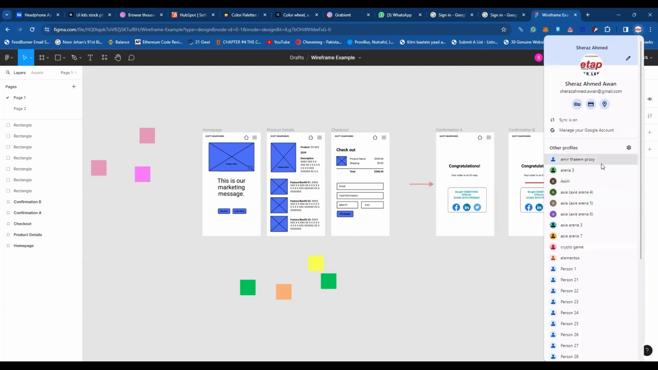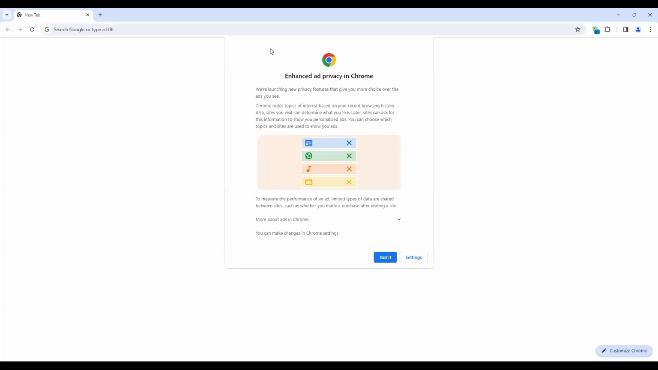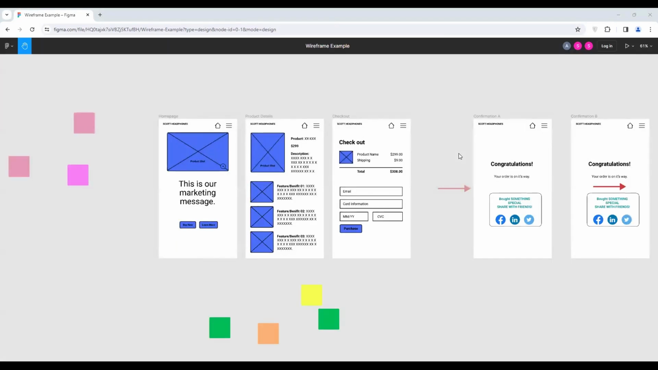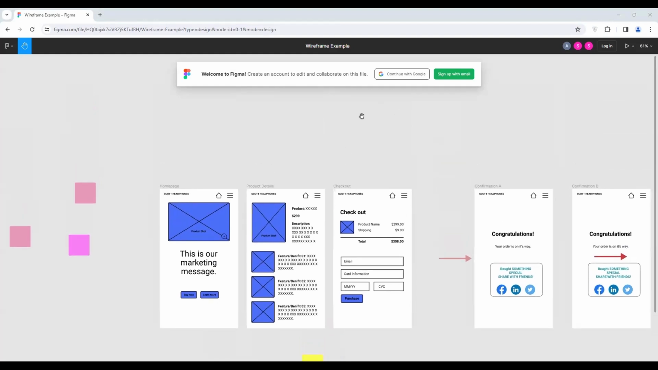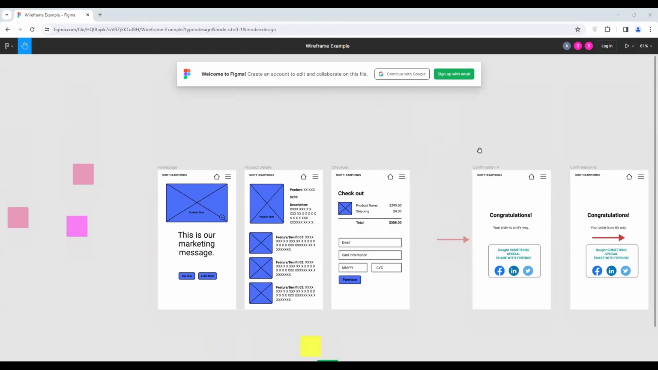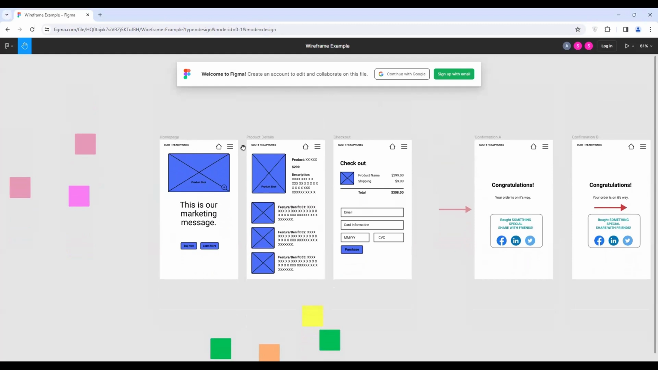For example, I change this to any other. So now it's open here. You can see now I don't have the option to edit it. That is how when you send me, I see it in this way. For example, when we make